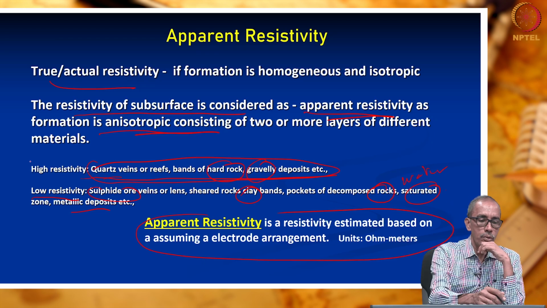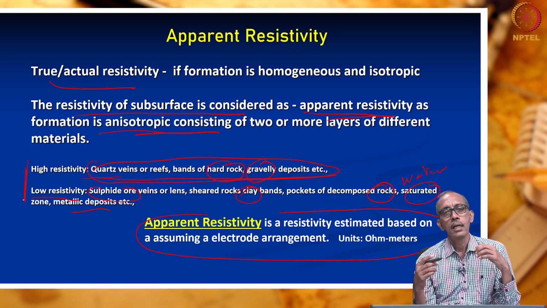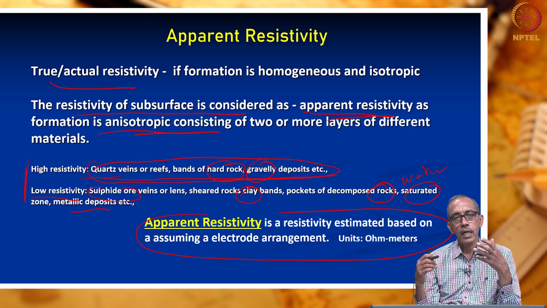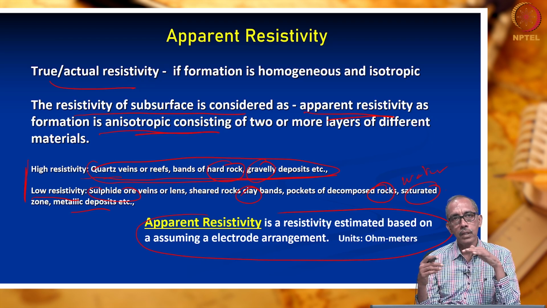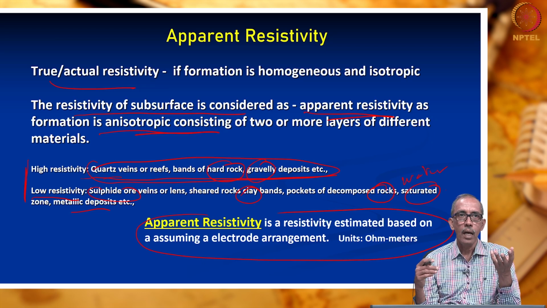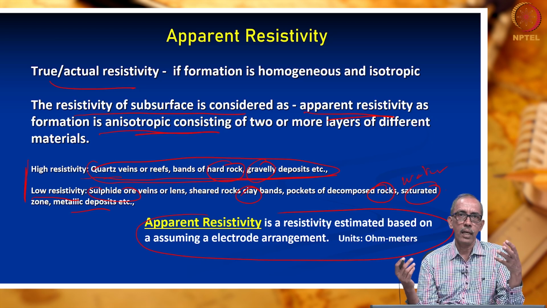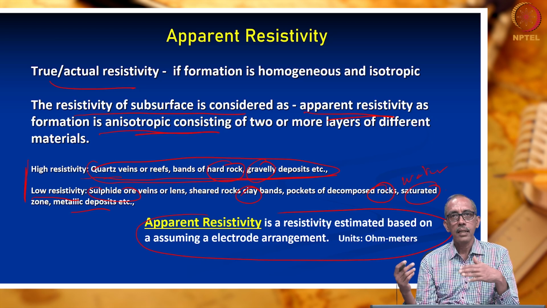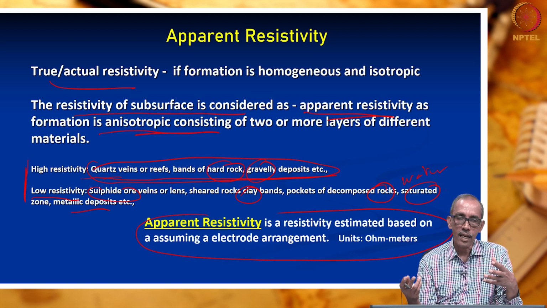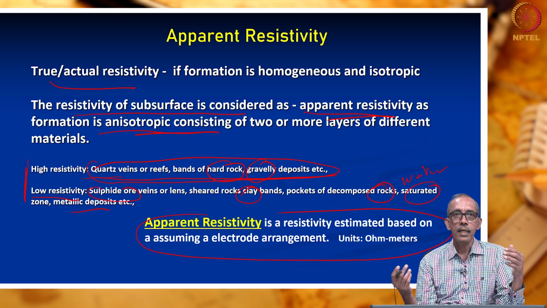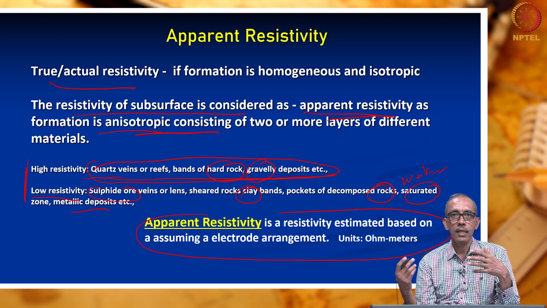Why are we looking into these two here? Apparent resistivity of the subsurface depends very much on the materials that are present below the surface. Some of them may be offering high resistivity, as you see here, maybe massive rocks. Resistivity is very high. On the other hand, at some places we may have low resistivity material, such as clay, a common example. Wherever you have clay, current is able to pass very easily. Resistance offered by clay is very less.